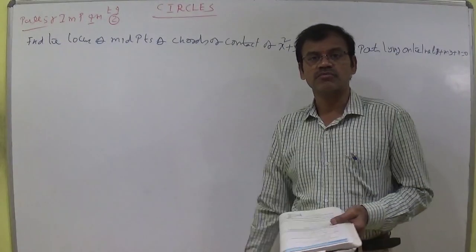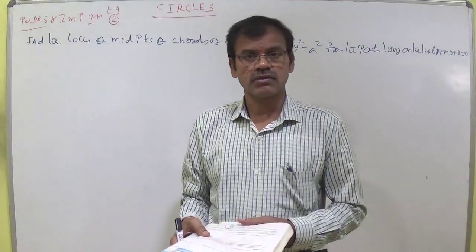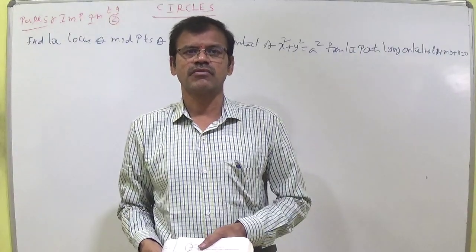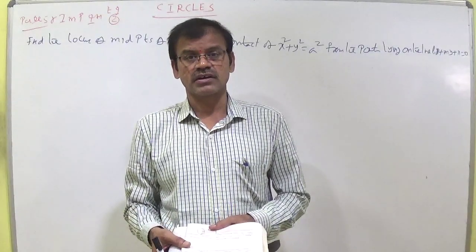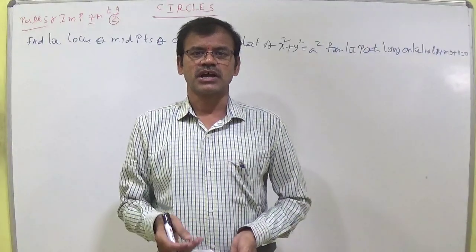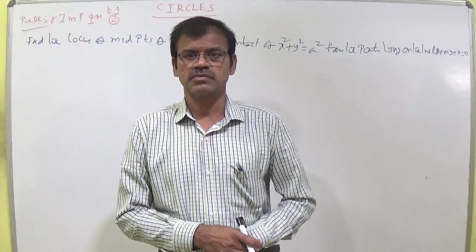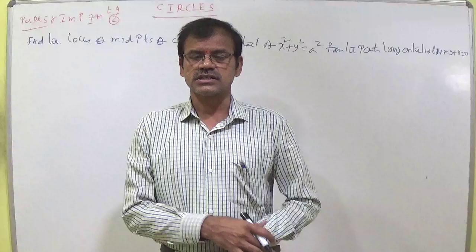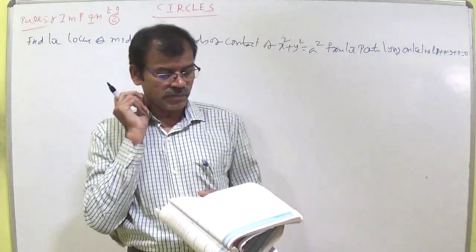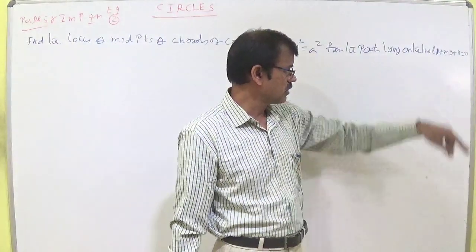The locus of midpoints of chords of contact. So we should calculate the locus of midpoints. For the chord of contact midpoint, the formula is S1 equal to S11. So we should calculate the equation of the chord having that midpoint as S1 equal to S11. Yesterday I said the proof also. Using that S1 equal to S11, we will get an equation, and depending upon that equation, the condition given is from the points lying on the line.